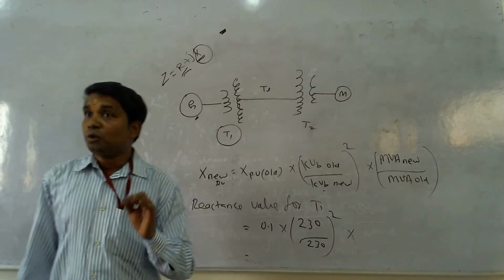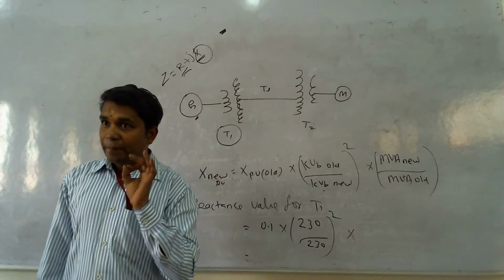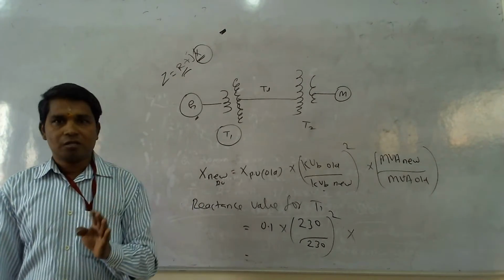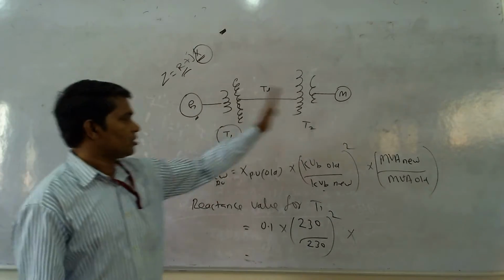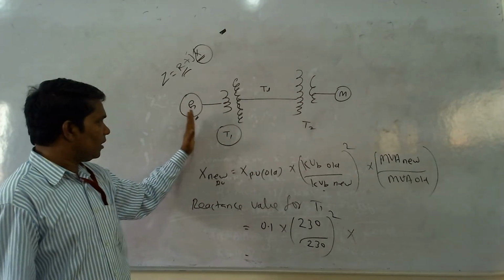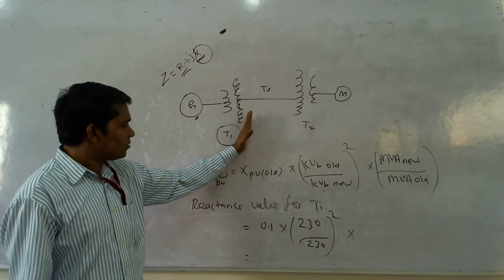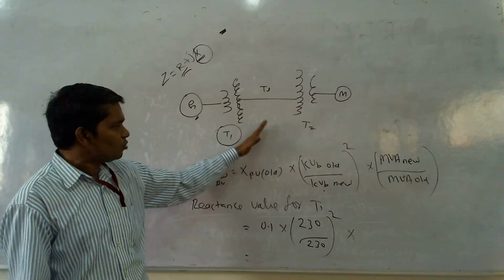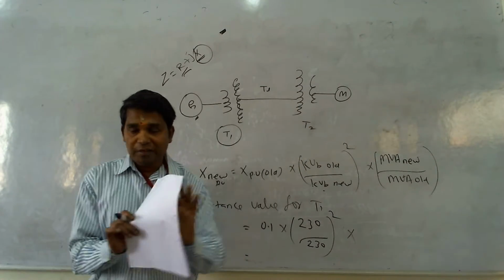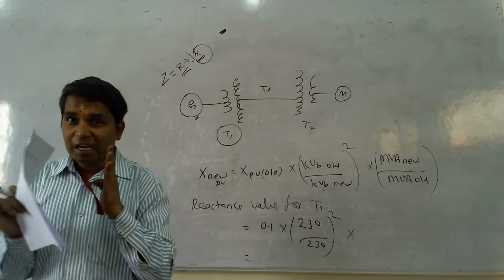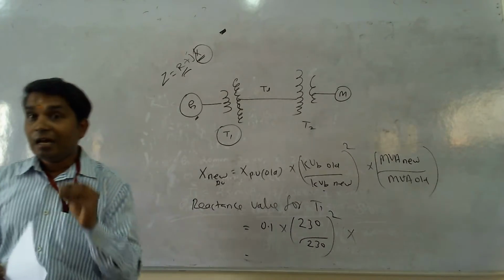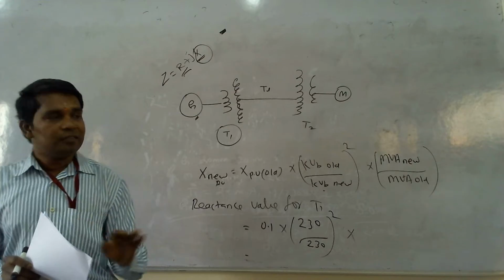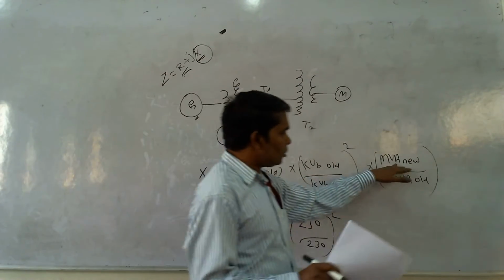One thing we have to always keep in mind is that the base value for the voltage will change from section to section. Section to section means this is the generator section, this is the stepping up section, the stepping down section, the transmission section. So generation, transmission, distribution. We have the different sections, and for each section the base kilovolt voltage has to be calculated every time. But the megavolt ampere, meaning your apparent power,